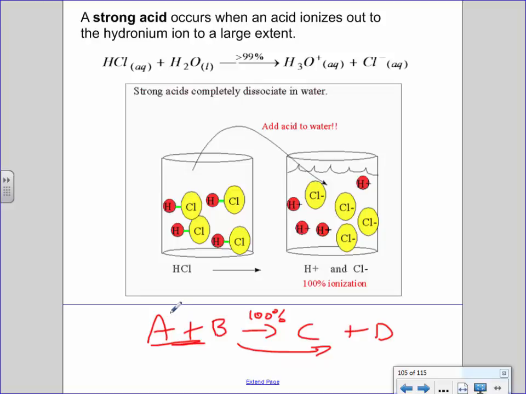Sometimes what happens is about half of our A and half of our B turn into C and D. And so what ends up happening is you had a whole bunch of this and none of this to start. And then slowly but surely, this stuff changes into this stuff. And we assume that by the time we're done, there's nothing left here because it's all over here. Does that make sense? But that's actually not true. A lot of times, about half of this turns into this. And what you're really left with when you're done is some A, some B, some C, and some D. Does that example make sense?